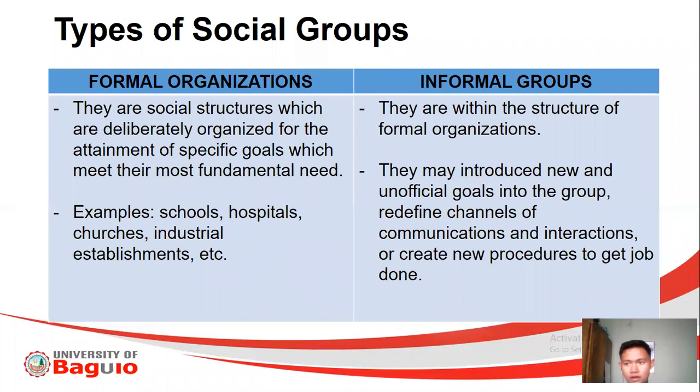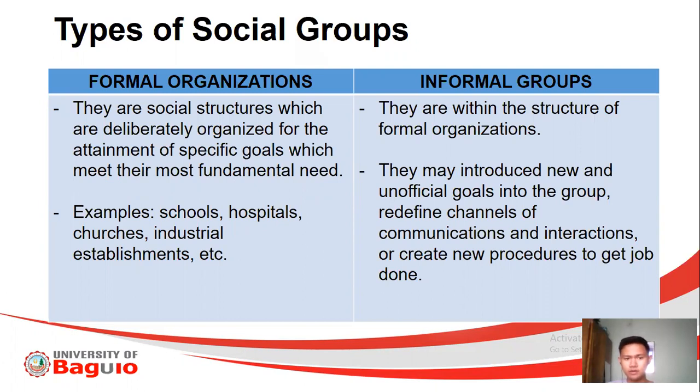Like for example, sa schools natin. So we have a certain mission, di ba? We have a certain social structure. So meron tayong president, meron tayong mga vice president for finance, vice president for the administration, vice president for academic affairs, and then sa baba nun, there are different organizations as well, like for offices, like for example, the School of Teacher Education or the SIHTM, ano pang mga SNS, the School of Nursing, and all of those things. So therefore,